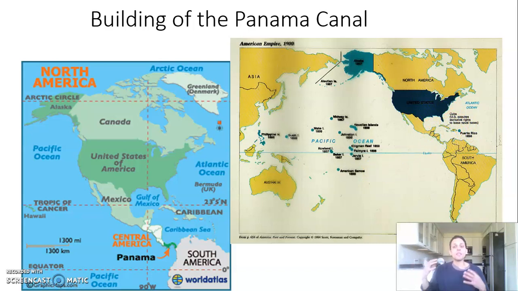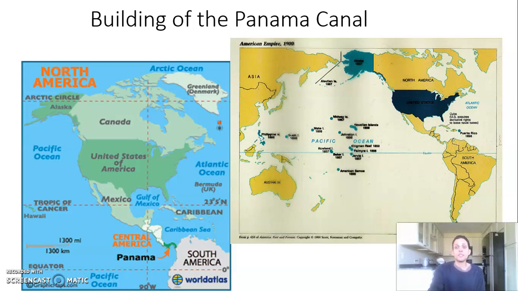And so, Teddy Roosevelt is able to orchestrate this, and when we talked about it in class, we talked about how Panama was originally a part of Colombia, and they're going to have a revolution to break away from Colombia. America does not directly get involved, but Teddy Roosevelt makes it be known that America will stand to recognize this new Panamanian country, and hopefully in exchange we're going to get to build this canal, which eventually